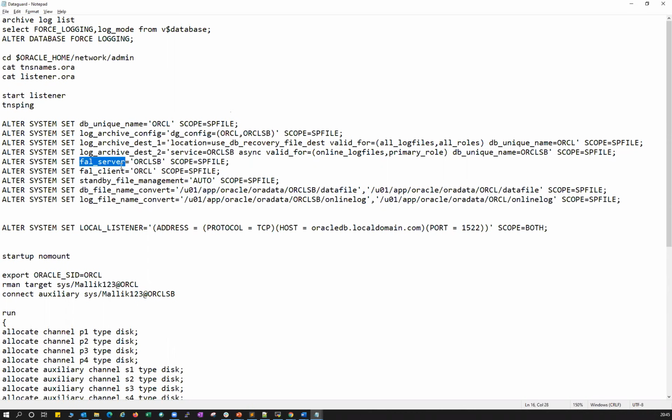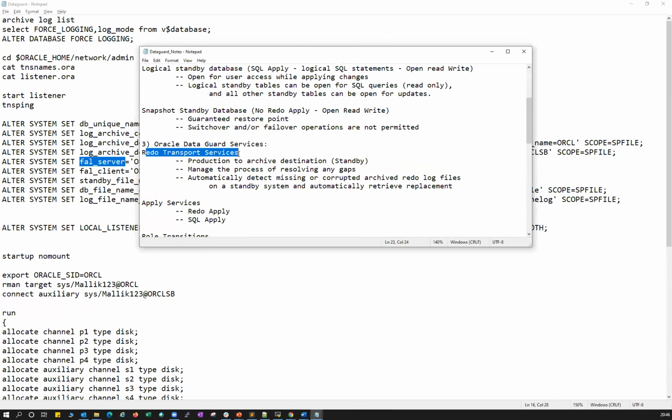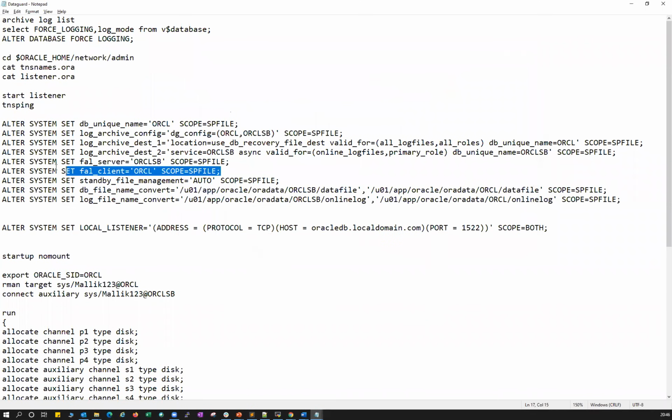For example, 110 at my production site, 105 at my standby side. For all those 5 missing archive logs, my file server, that is my standby side, has to request my production database. Once the request is made, my redo transport service is responsible, from the production side, for sending those archive logs. These are a few concepts; when you repeatedly read, you will understand. Even if you ask me, I may forget these same concepts. You have to be in touch regularly, then you will understand.